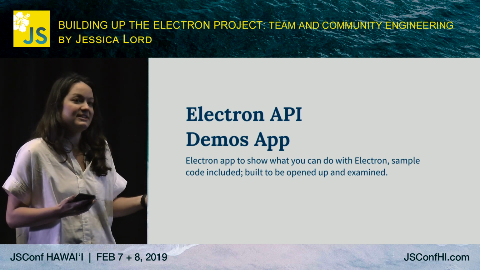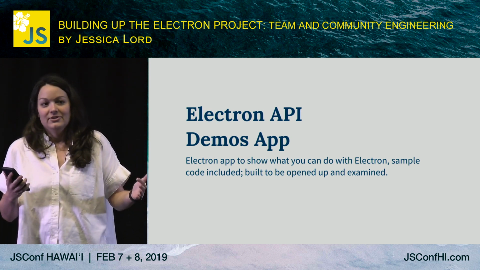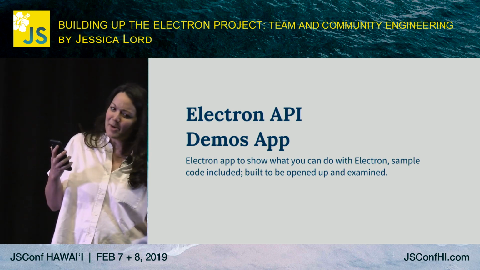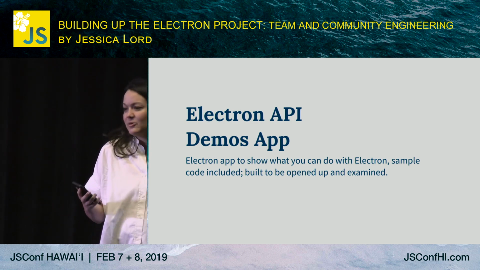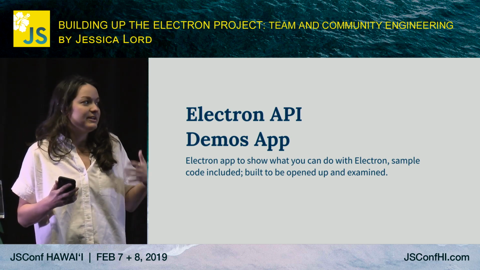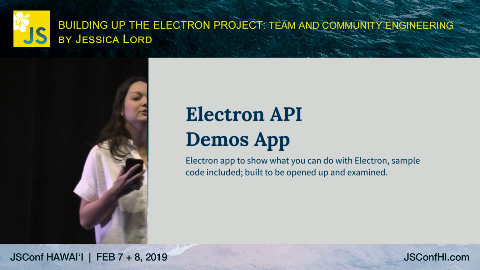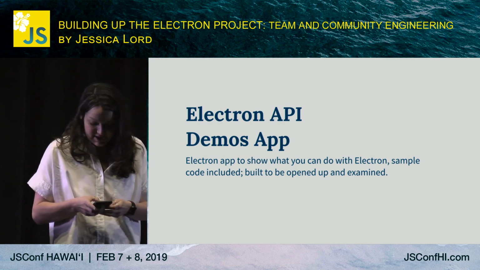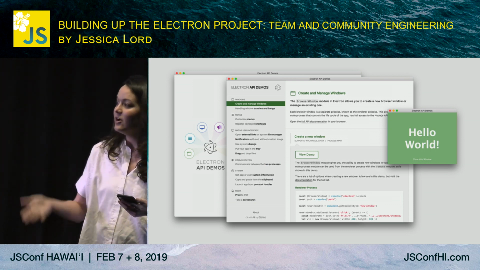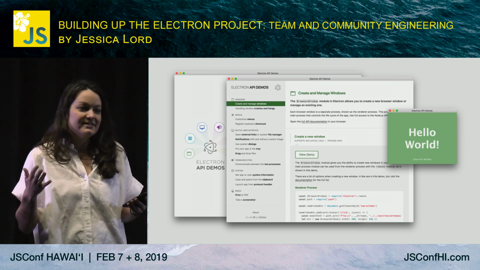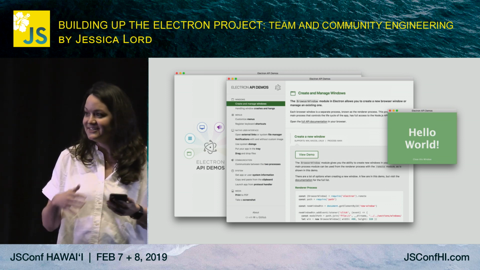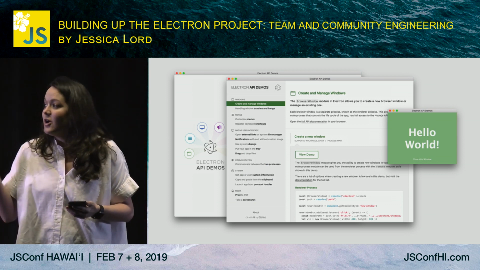So especially in the early days, it was still kind of confusing what Electron was to begin with. It was Chrome, and it was Node, and it's desktop apps, and what do people mean with native operating system? And I felt like one of the big hurdles was still explaining to people why you would use Electron, what you would do with it. And so the API demo app is an Electron app that you download, and you already get the sense of, oh, an Electron app is something my users would install like a normal app with icons, and it's a very familiar flow. And then you open it up, and you have